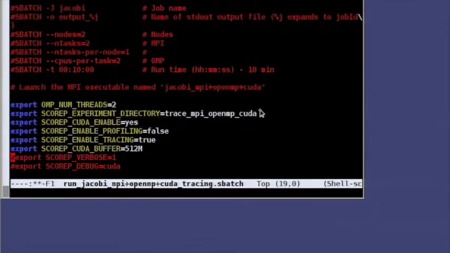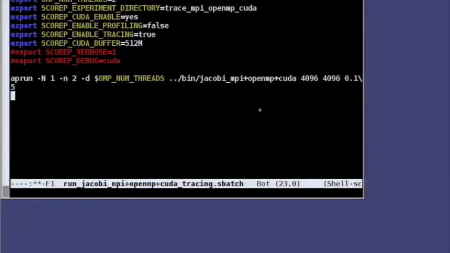This batch script doesn't do profiling, it only creates a trace, and we set the size of the CUDA buffer to a reasonable amount of memory. It can work without setting this one by using the default memory size, or if you get an error message from CUPTI that it dropped some records because of inadequate buffer size, it will tell you to increase this buffer to what it believes is the right amount. So 512 megabytes is way too much for this small example, but we are short of memory here, so we could as well do it. You can just go with sbatch and run the tracing job,